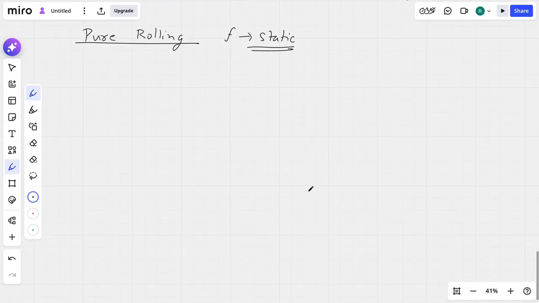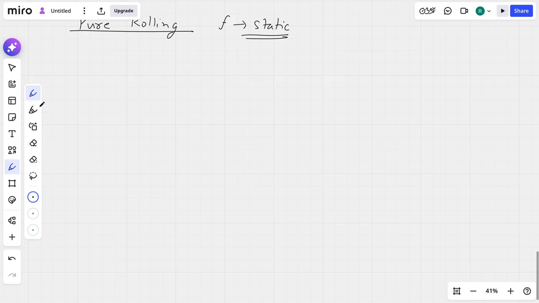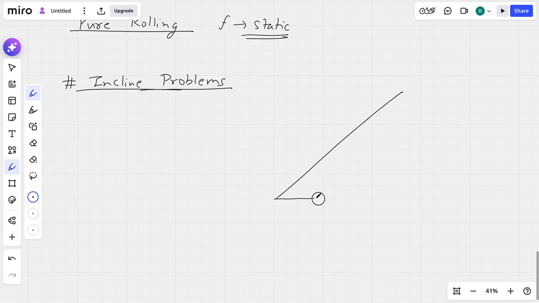Okay, fine. Now let's discuss some problems on inclined planes. Suppose we have an inclined surface whose angle of inclination is theta, and we have a rolling body here. Our surface is rough, and it can provide enough frictional force so that the body can maintain